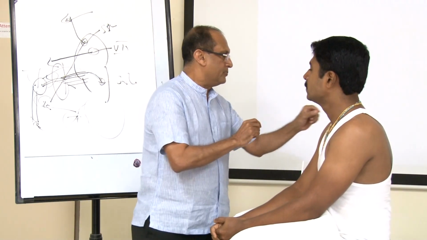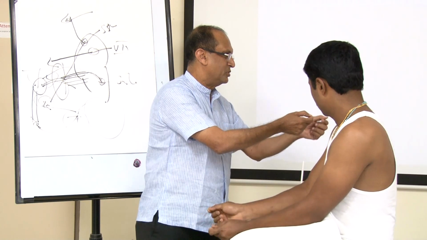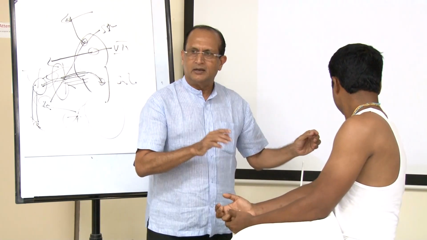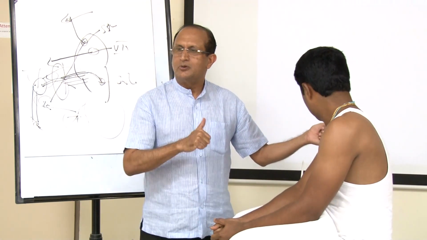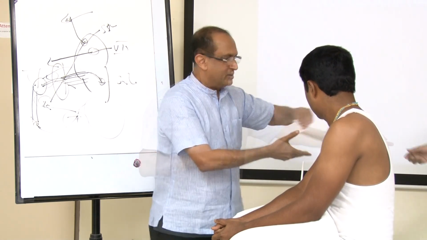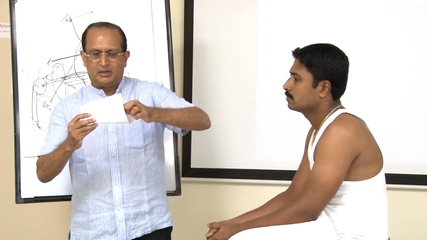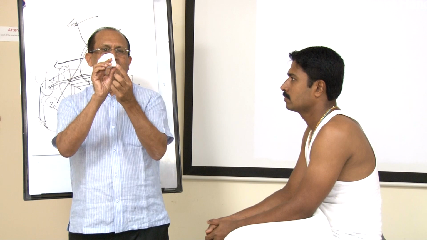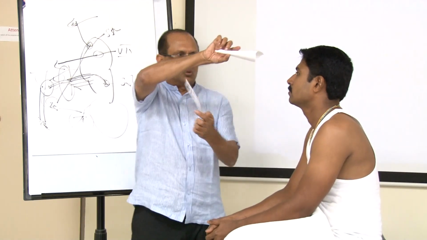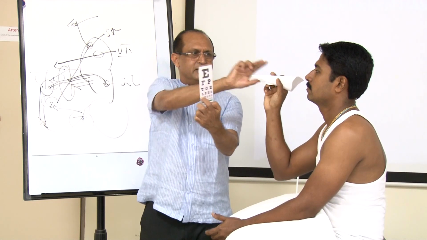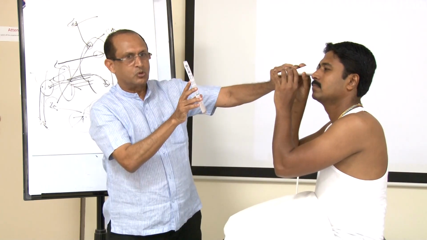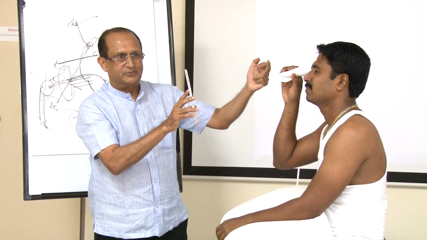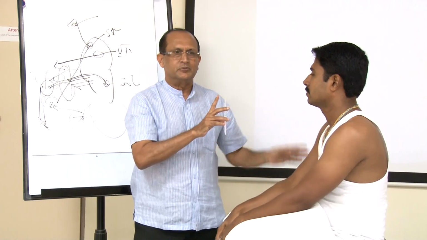You can do a pinhole test. Can we give a small paper? Small paper. We can do the pinhole test, and that will give you an idea. Just like the hum test in the 8th nerve, the pinhole test in the optic nerve is important. You can either make a hole or you can do it like this. This is easier. Make a pinhole with this. See, there's a hole, and then ask him to hold this and read through this hole. If the acuity of vision improves, it is due to refractive error. If it does not improve, it could be due to either an optic nerve or retinal lesion.